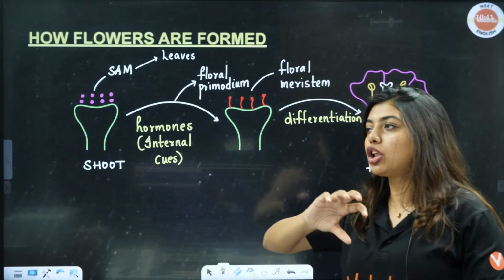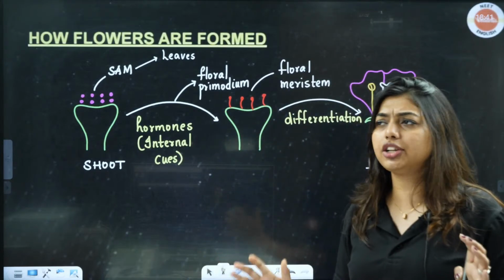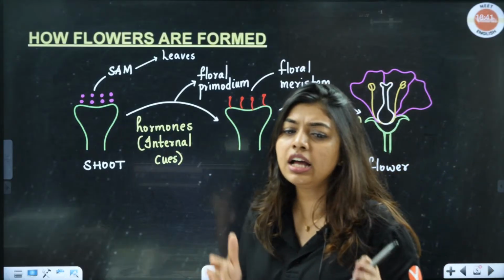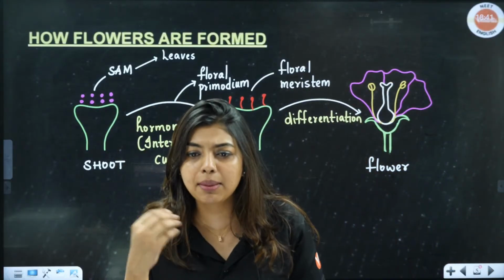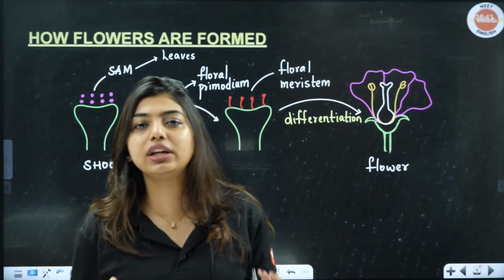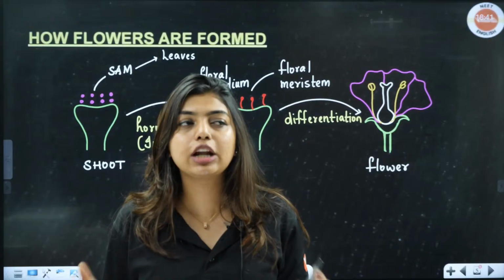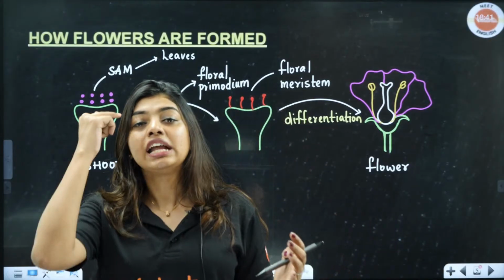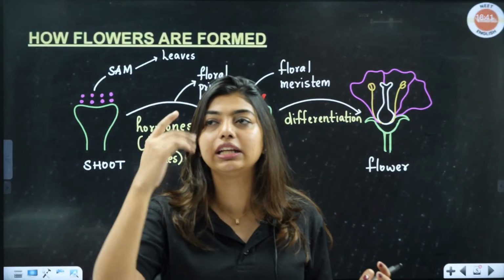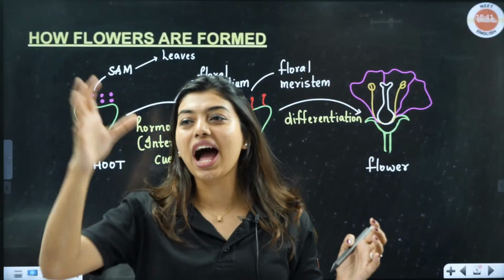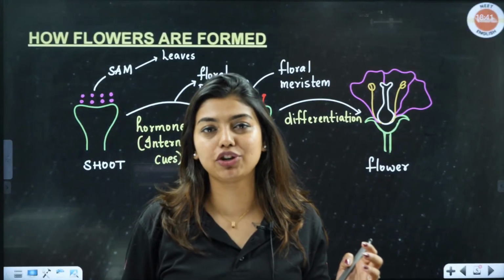The plant has already decided, okay, I want to bear flowers, I want to form flowers. Now, if all of you are in this class, be it Ganesh, Sakshi, Jyoti, Sunita, Uday, all of you are in this class because of a reason, that okay, I want to score well in my first unit test. That means you have already prepared your mind that I want to score this much in my first unit test, right?